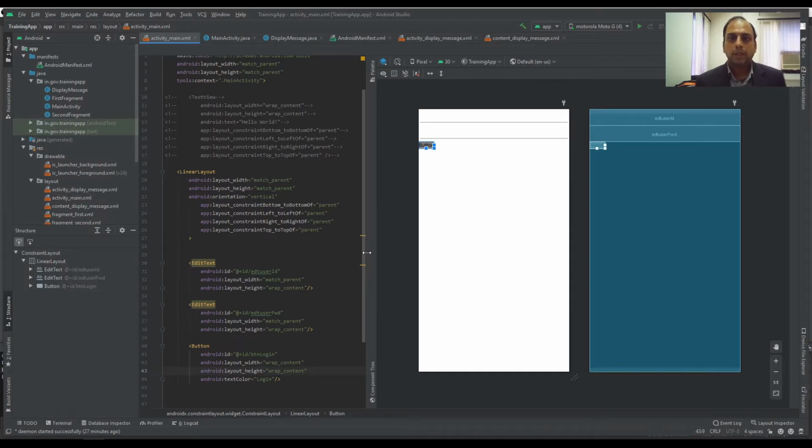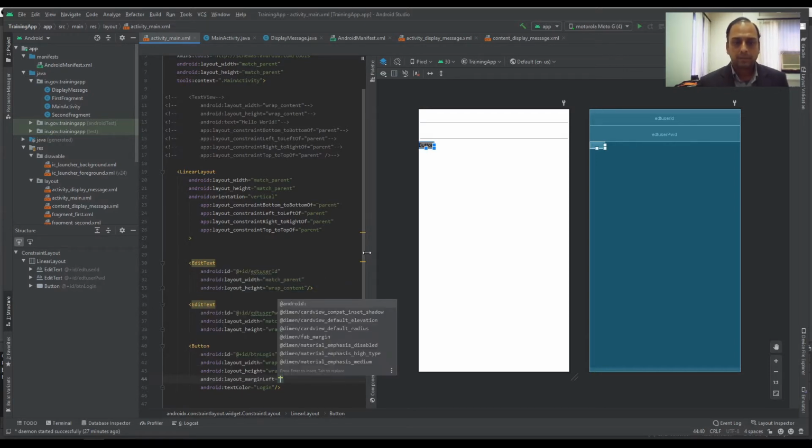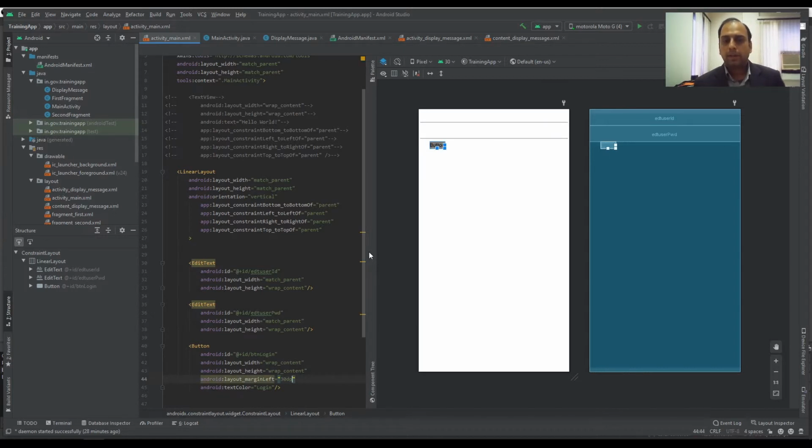Okay, so let's say I want to change the margin. Instead of making it completely stuck on the left side, I want to have a margin. So margin left is say 20 dp. Okay, so it will be having a margin.